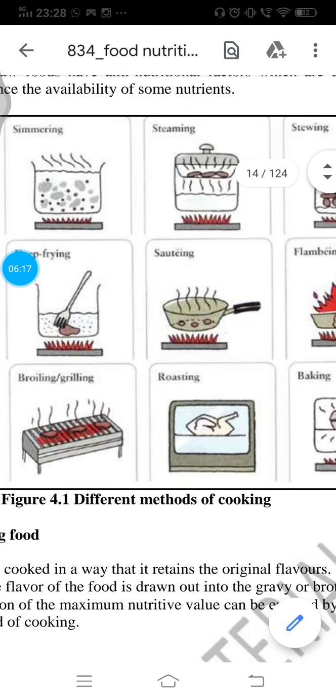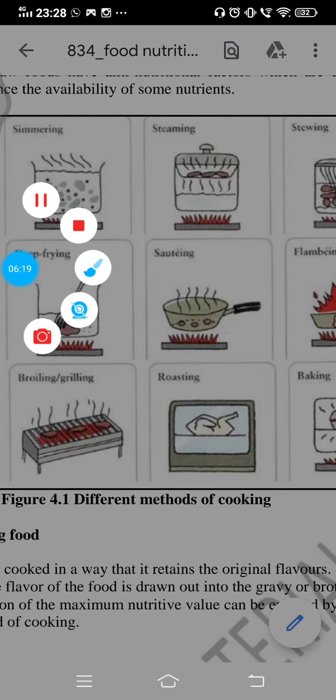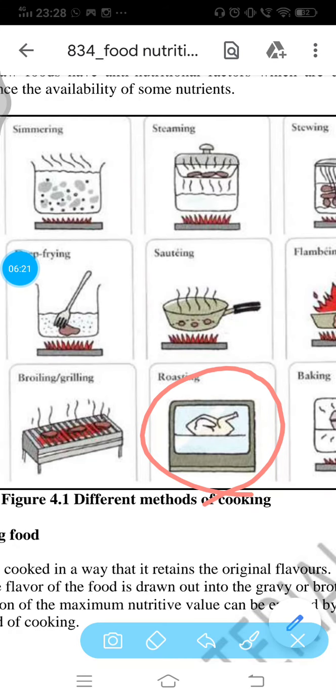Roasting is another cooking method. In this method, food is kept directly over the fire and its surface is cooked to bring flavors inside the food. In roasting, you can see chicken being kept, and bread or toast, which you all eat, can be roasted. Papad, if you don't want to fry it, we can roast directly over the flame of gas or any other source of energy, so you can do that also.